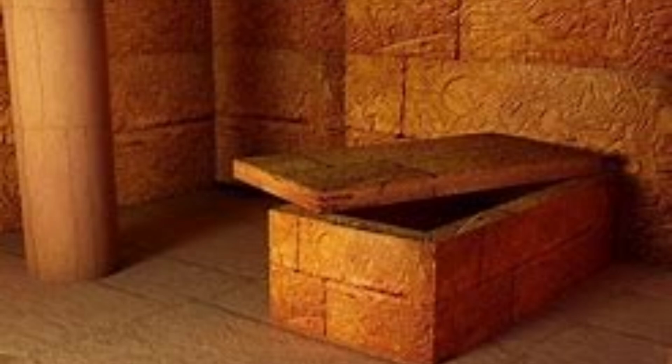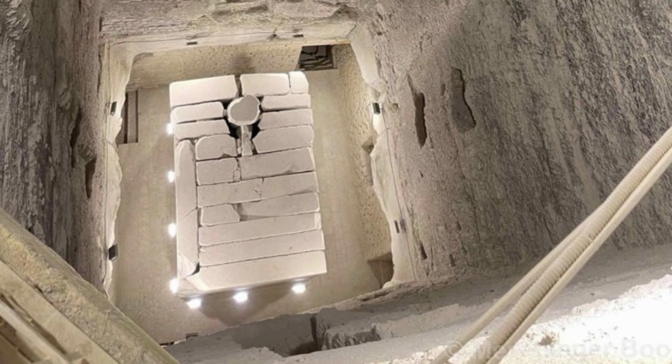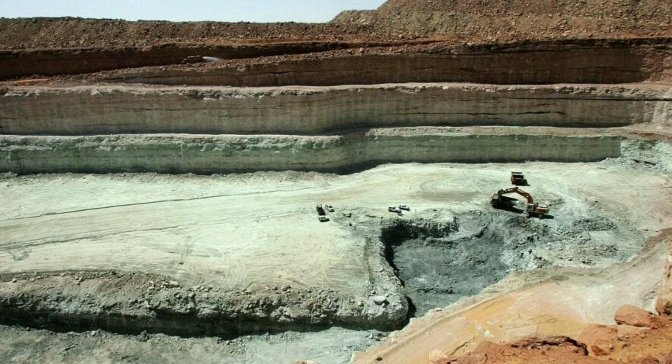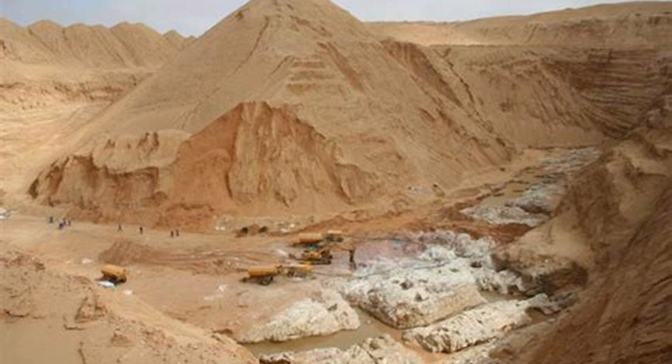A complex water treatment system drawing upon local resources would have allowed for a water-powered elevator within the pyramid's internal vertical shaft. Some type of float would have raised the heavy stones up the middle of the pyramid, according to the study. While the theory is an ingenious solution, some Egyptologists aren't convinced, as a more widely believed theory is